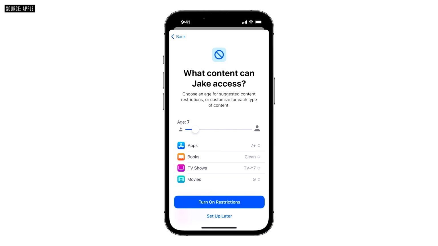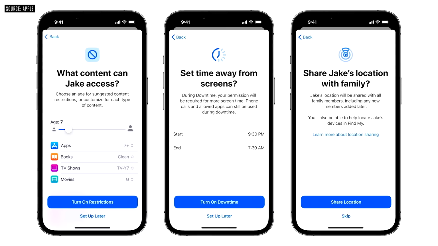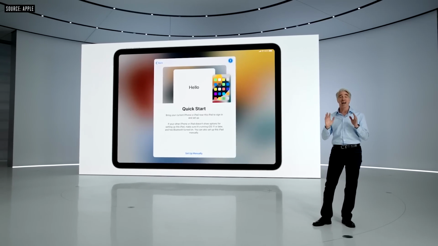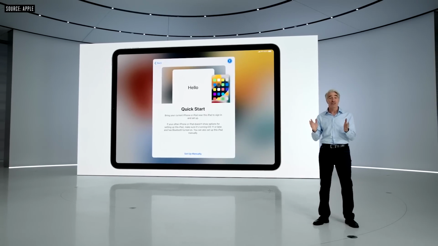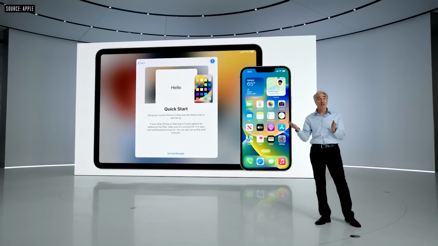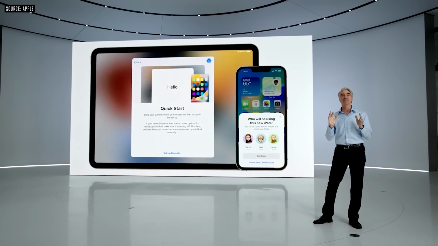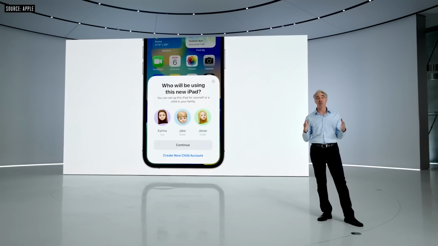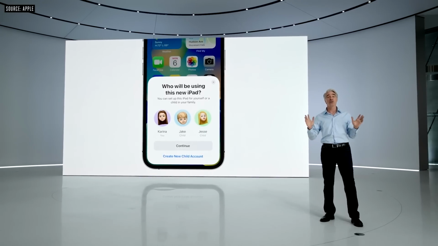We're adding a new easy way to set age-appropriate restrictions for apps, movies, books, and music, along with quick setup of other important parental controls. We're also making setting up a new device for your child, like an iPad, really simple. Just turn on the device they'll be using, bring your iPhone nearby, and choose to set up with Quick Start. With just a few taps, the new device will be set up for their use with all the parental controls